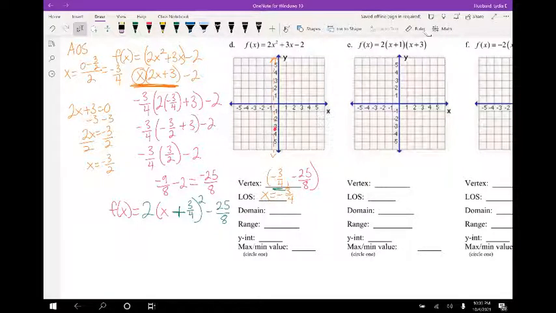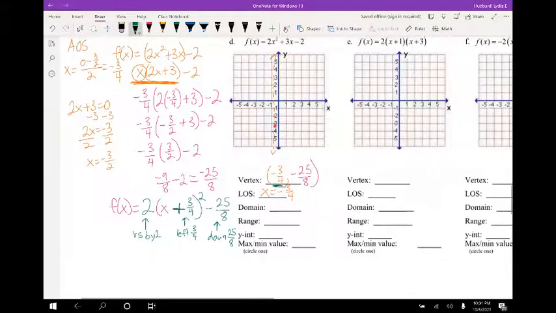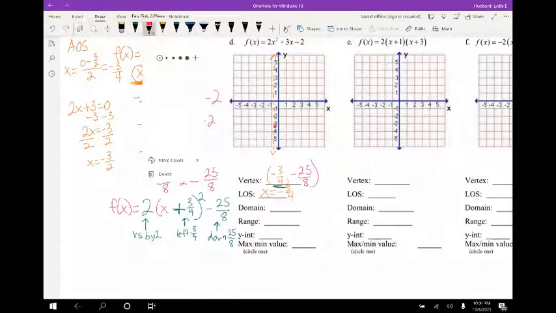So it's vertically stretched by 2. It's shifted 3/4 to the left and down 25/8. So this is a vertical stretch by 2. We're moving to the left 3/4. And we're moving down 25/8. Again, these are kind of gross numbers. So a way we can get some prettier points, because sometimes we do want prettier points in this world,